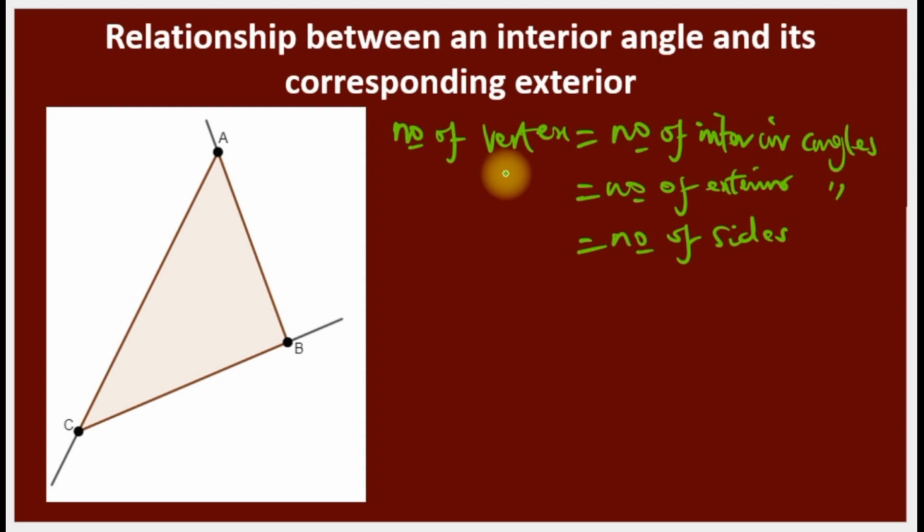So whenever you're given the total number of vertices, we still have the total number of